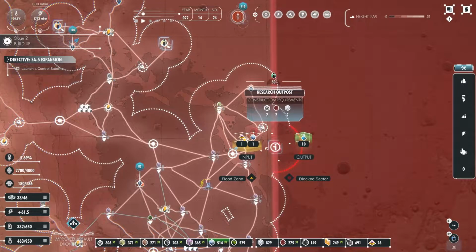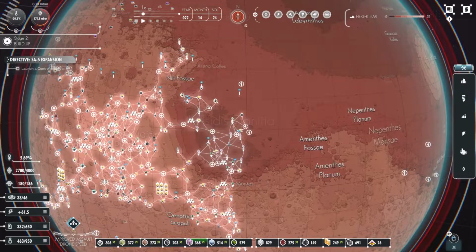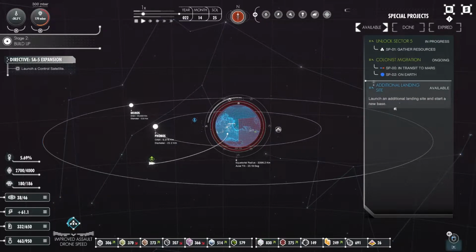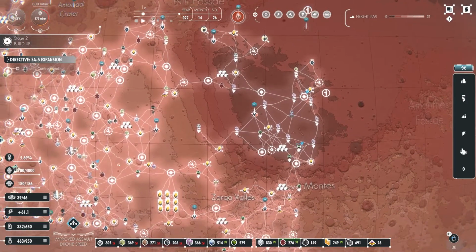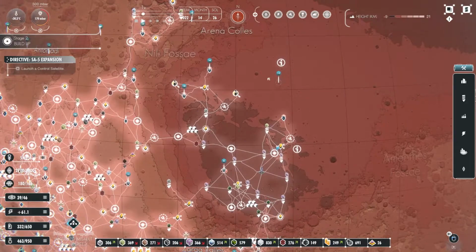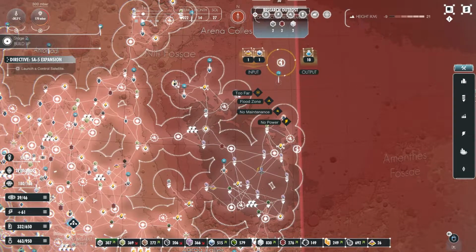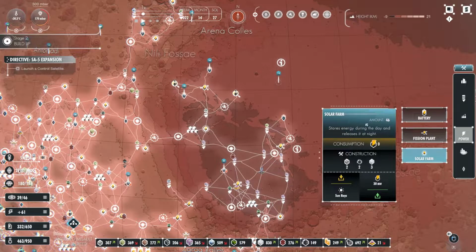We'll look for a research outpost. Blocked sector. No, we cannot. I don't suppose we can do anything about that yet, can we? No, we can't. We probably need to build another launch pad, as we've locked 2 up to bring colonists back, which isn't the worst thing in the world. So does that mean that one... Now that one we can get, but obviously isn't outside of the range of everything else. So let's build...